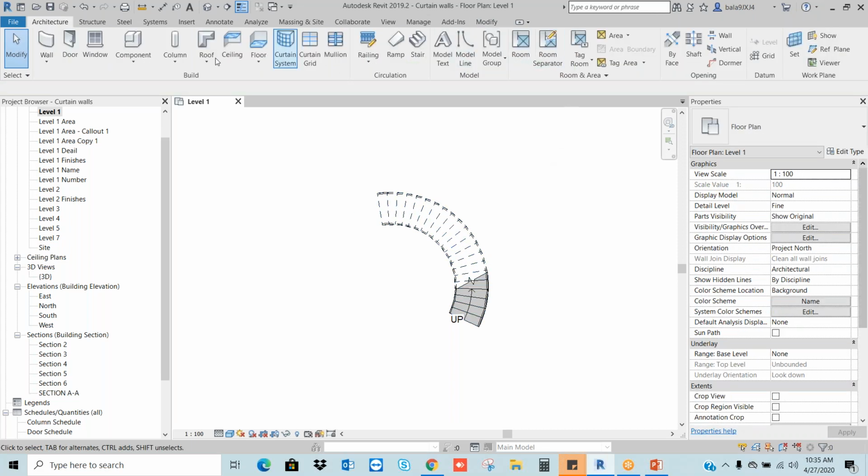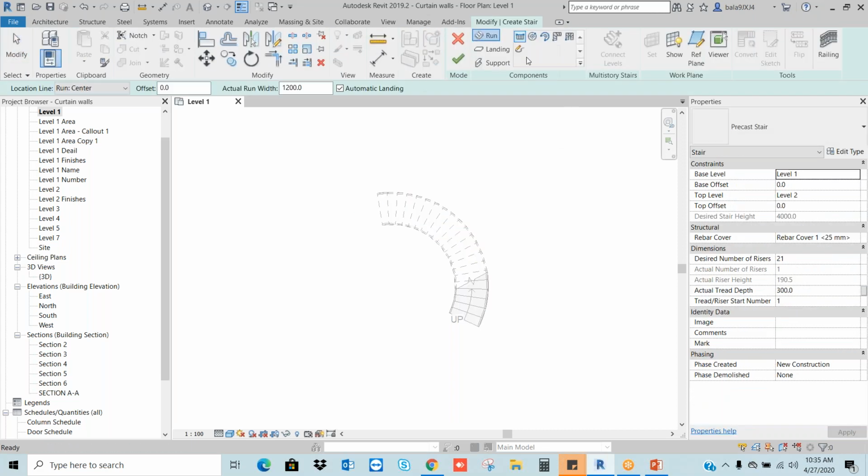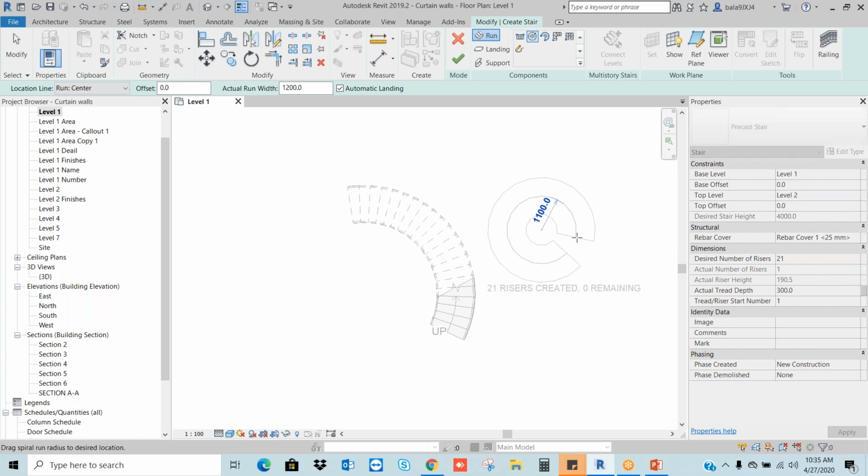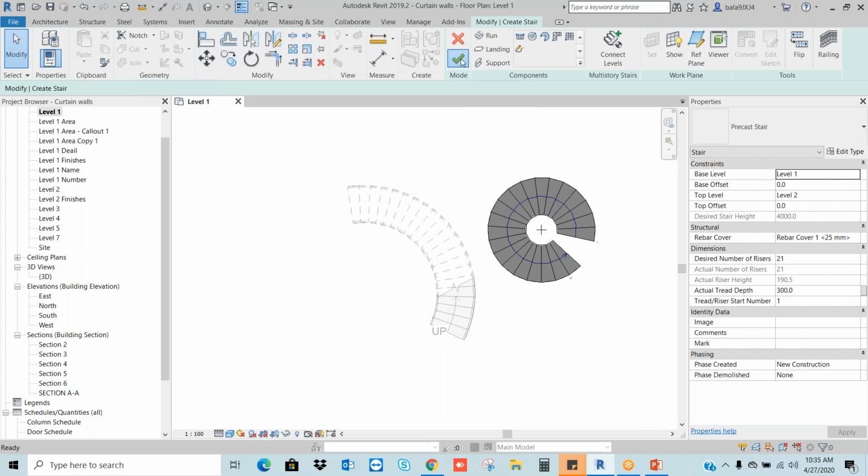Now I'm going to the staircase. Let's say radius. This is an automatic landing. See, according to the radius, I am getting the stairs.